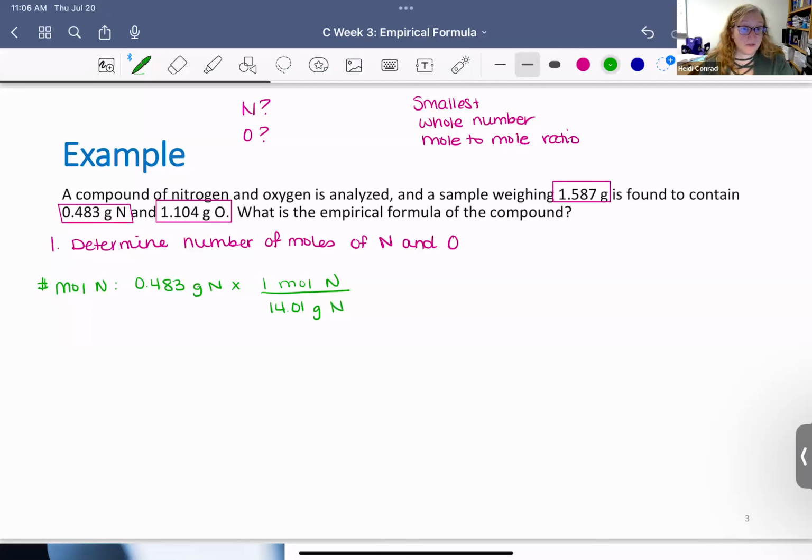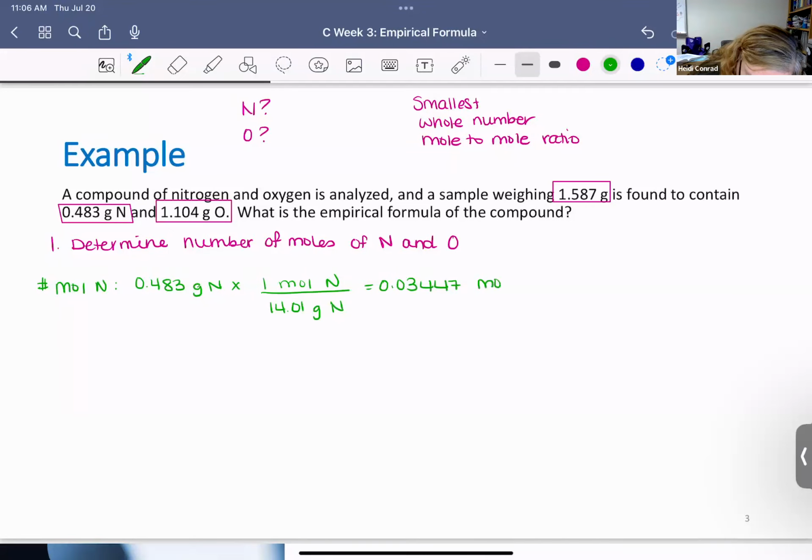When you're doing empirical formula calculations, you're not considering that. You are using the mass straight off the table. It probably doesn't mean anything to you right now, but it absolutely is going to screw up some of my students come fall semester. So I just want to make it clear, you are using the mass straight off the periodic table at this point. And so 0.483 grams of nitrogen, converting to moles of nitrogen, would give me, let's see,